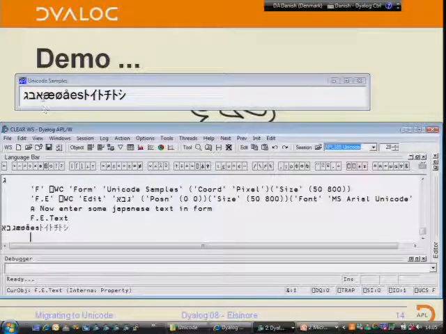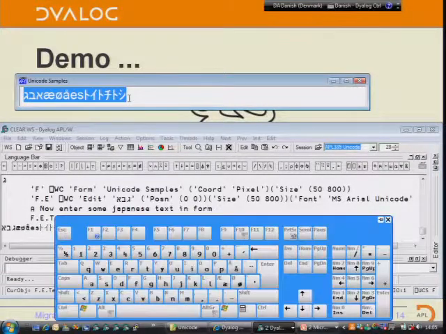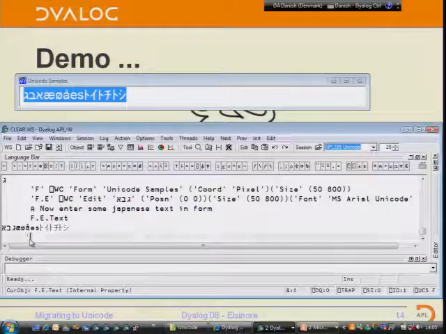So, okay, now if we extract the property f.e.text here, and I copy and paste, it's not the same when I paste it here, because what you see there is not the order of the characters in the string. The order of the characters in the string is Aleph, Beta, Lambda, but it displays the other way around. I don't know anything about that, but if you talk to somebody from Israel, they will explain to you.